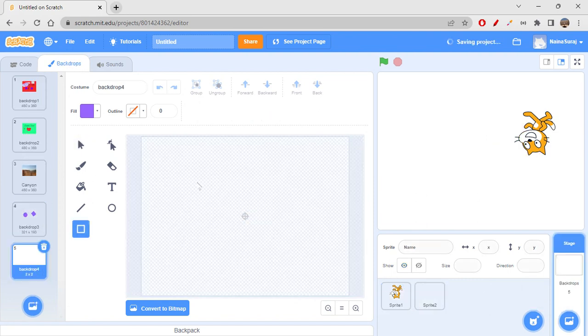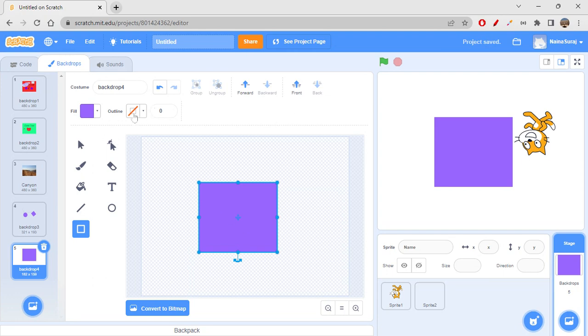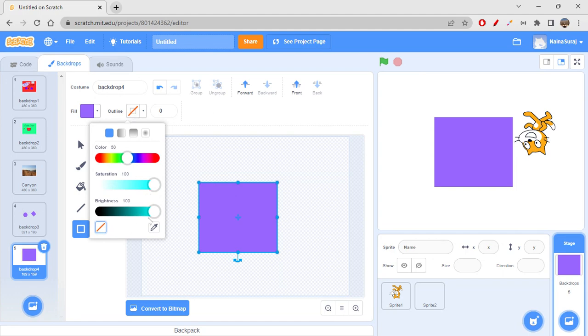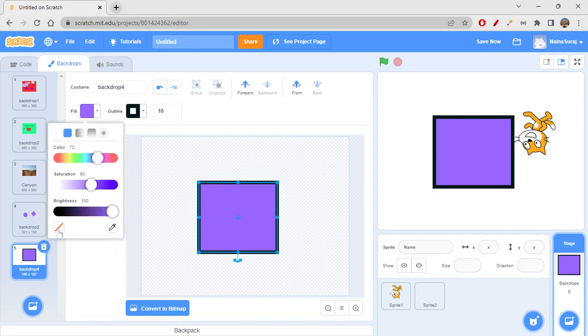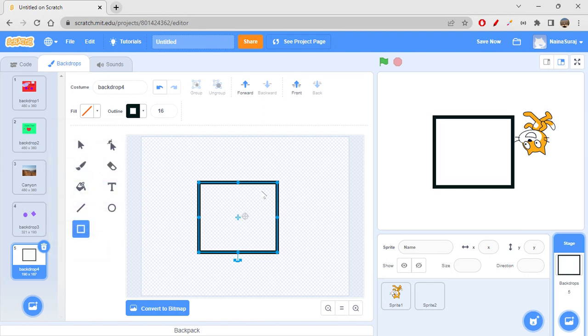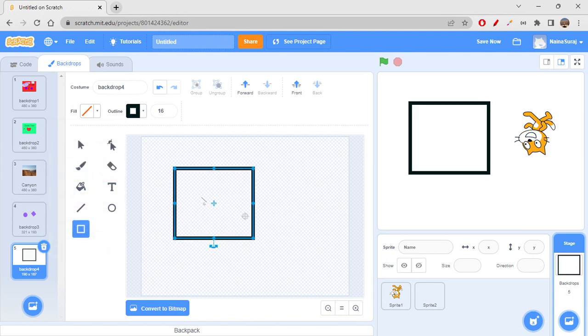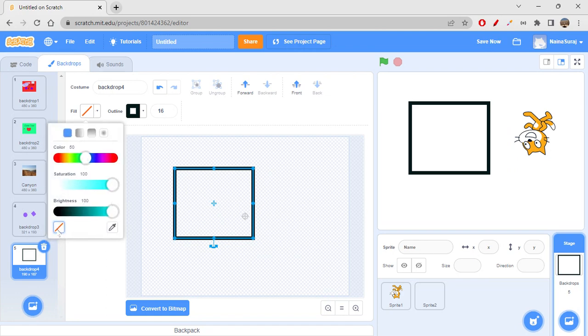If I just want to draw a rectangle like this, but do not have outline over here. Okay, so let's suppose I want to choose some outline with some thickness. I've chosen black color with 15 or 16 thickness, right? Let's say I don't want to fill it, so I'm just clicking on the fill option, click on this line. See, you're only getting the border, but you're not getting the color filled, right? So if you want to create something like this, you can absolutely use it. So when you click on this option here, right, this will remove the color. Okay, only outline color will be visible.